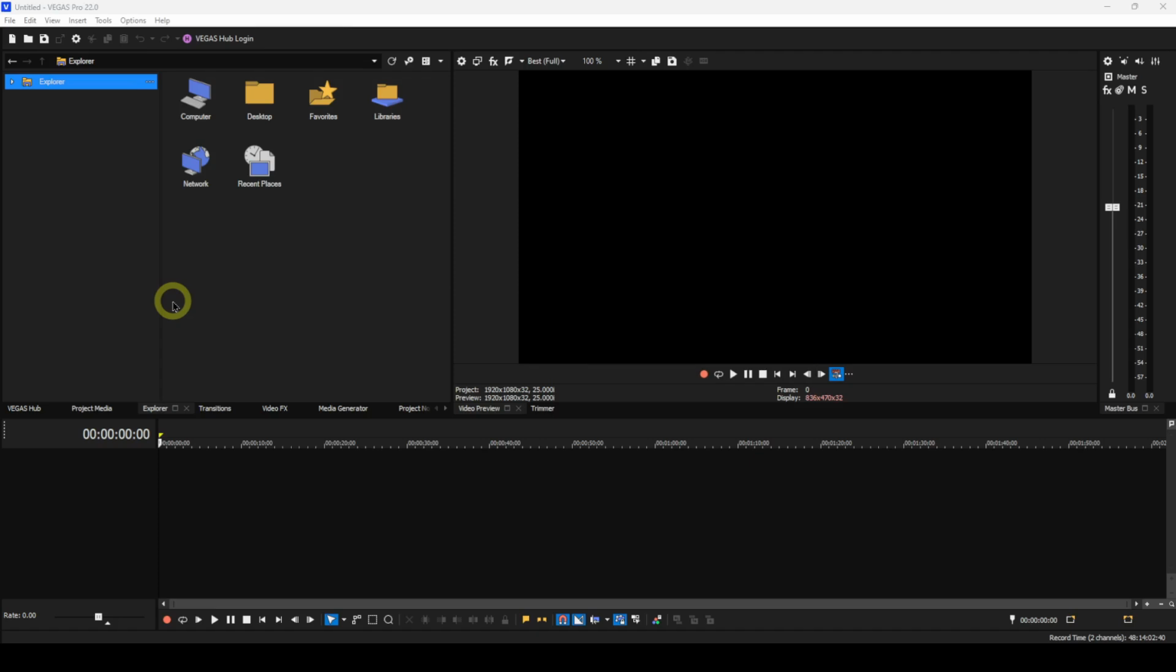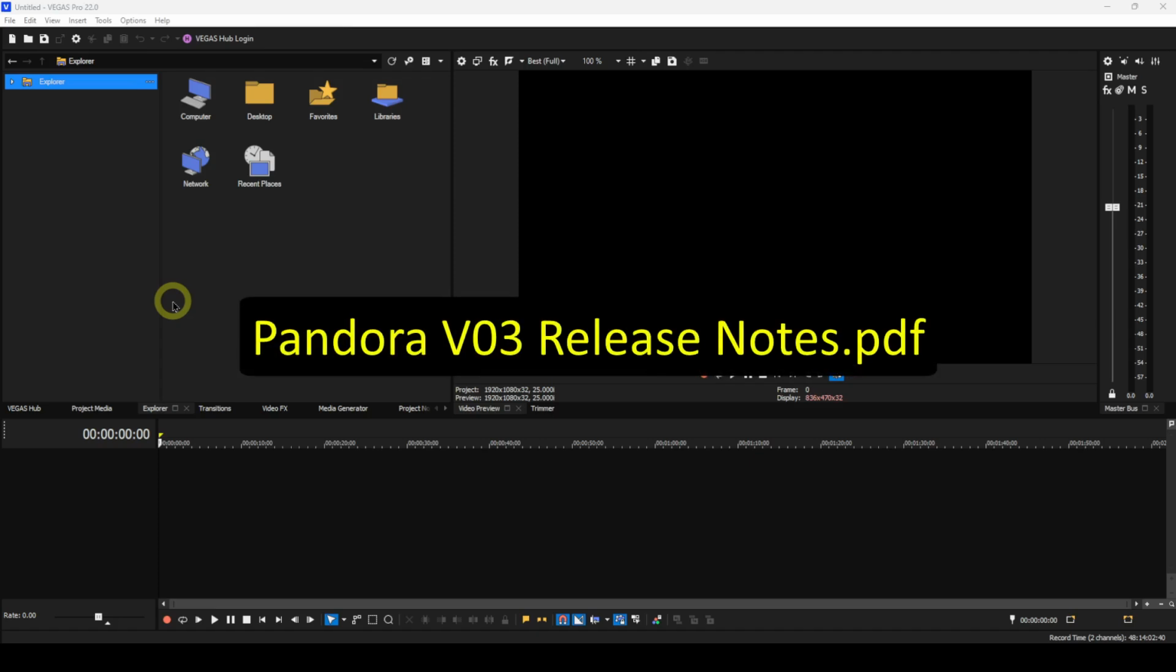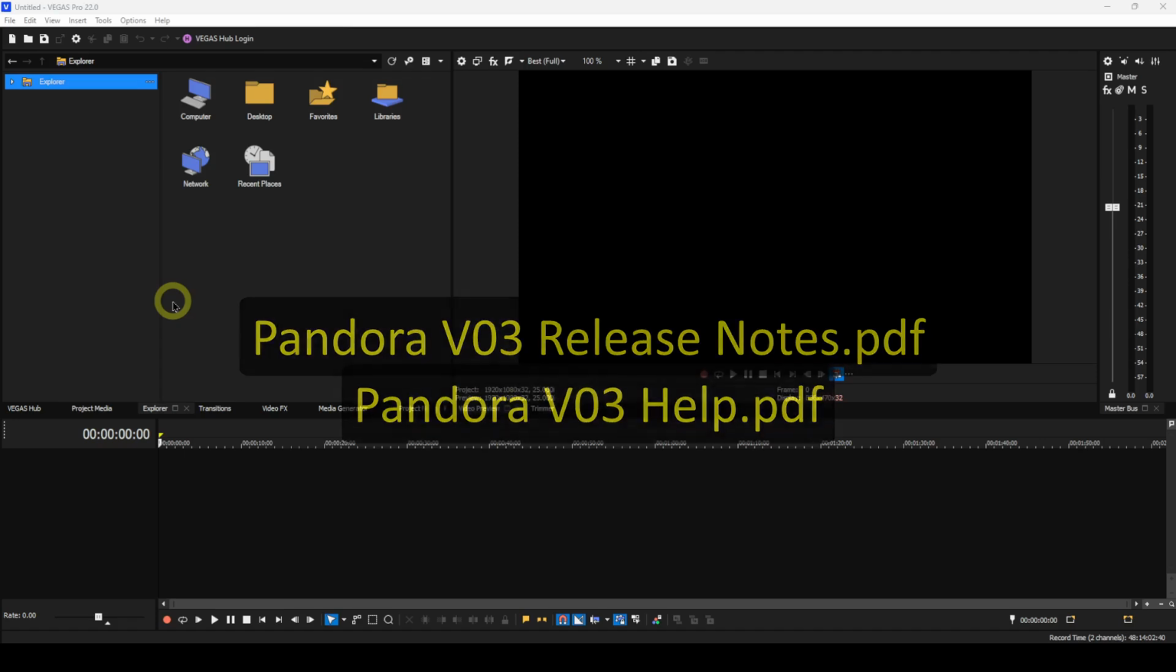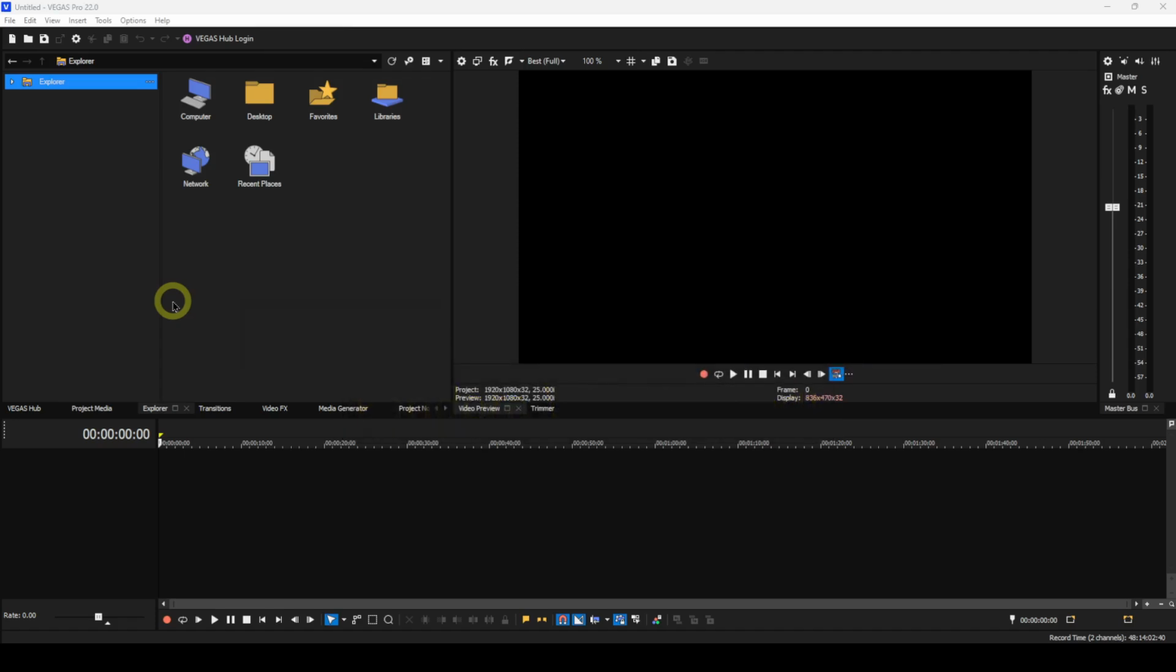The other 2 files are Pandora V03 release notes.pdf and Pandora V03 help.pdf. These files are for reference only, so can be stored in a convenient folder. After the DLL and config files have been moved to the required directory, launch Vegas Pro,